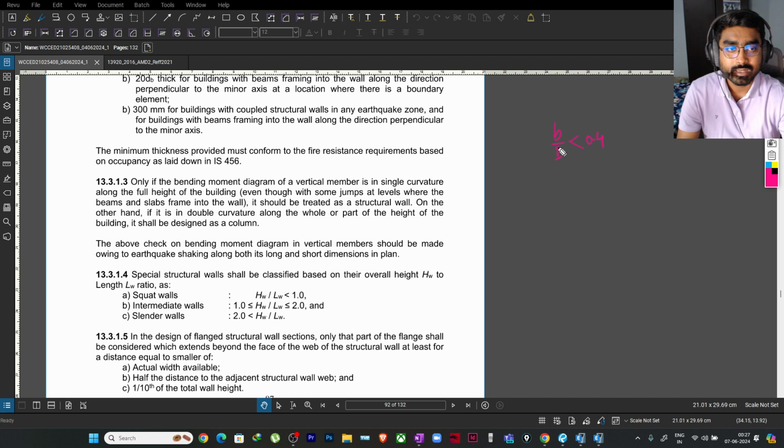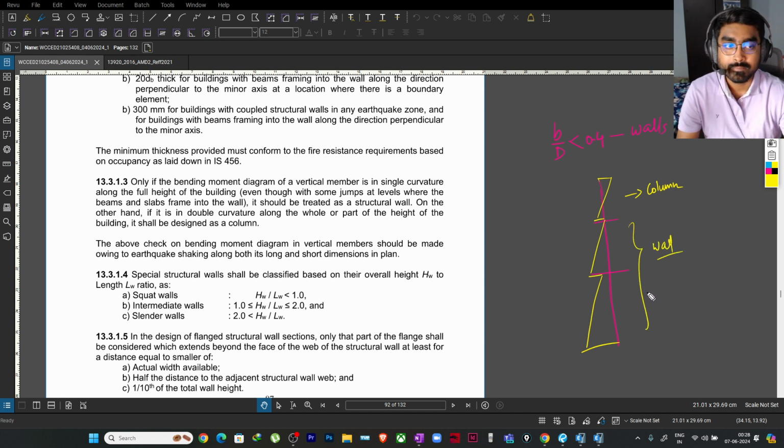B by D less than 0.4, that means the D is pretty high compared to the B. So in this case we call it a wall, and we design it as structural walls, right? Now it is saying that the moment curvature will be deciding. So we have a curvature like this, we have another curvature like this. So this shall be designed as column,